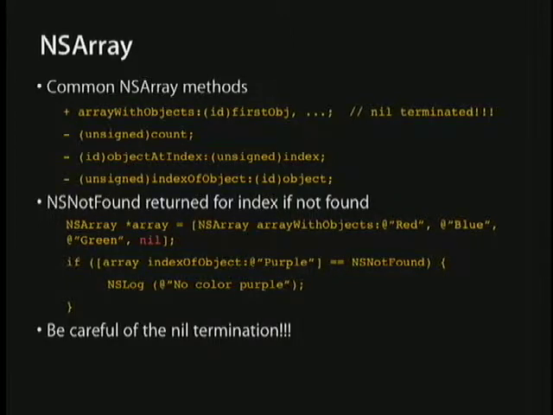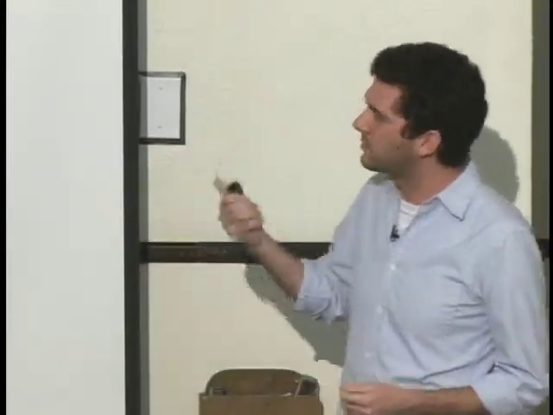So definitely when you're creating an array with objects, make sure you terminate it with a nil as the last object that you're passing. What if it's an int array with zeros? Sorry? What if it's an int array and it needs to have zeros? So the question is, what if it's an int array with zeros? Everything that you pass here has to be an id, and id is implicitly an object. You can't pass integers. NSArrays can only contain other objects. If you need to put an integer into your NSArray, there's another type, which we're going to talk about in just a minute, called NSNumber, which lets you wrap a C integer as an object, and then you can put that in your array. But you can't put C integers in there directly.